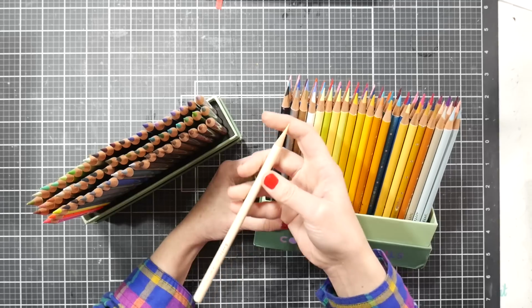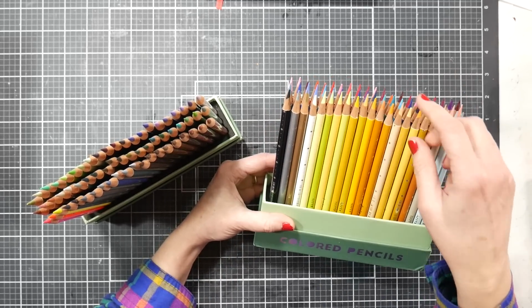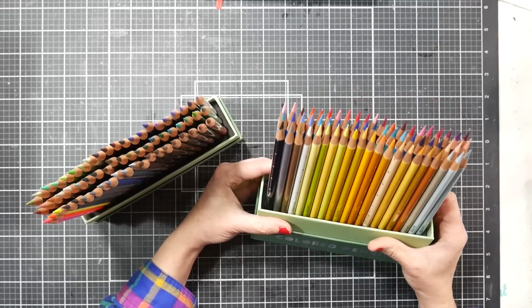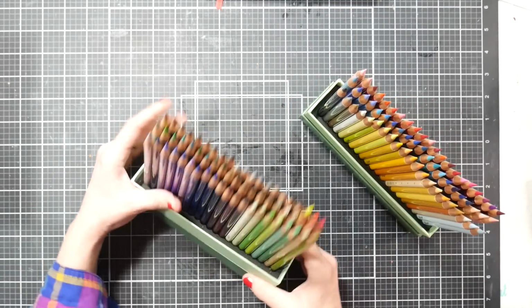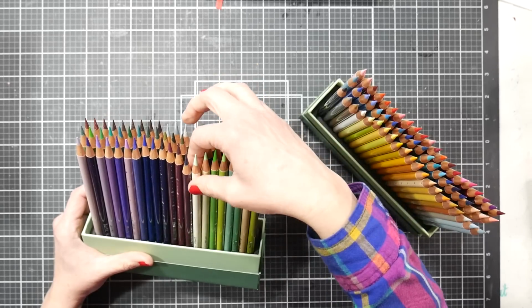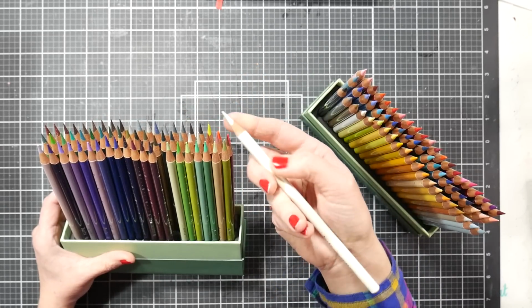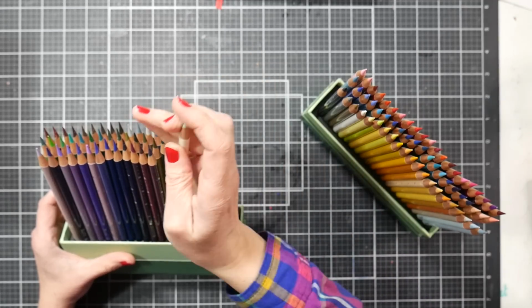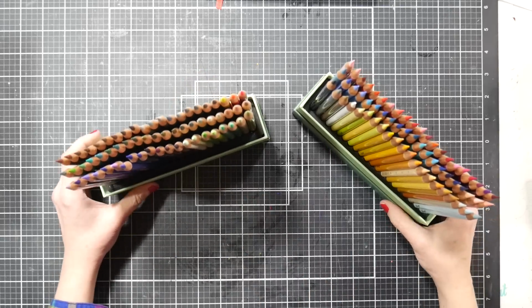This kind of like off-white beigey color. That one was a bit off. And there was like one that looked like it was cream, but then the tip of the lead itself looked kind of greenish. I'm seeing if I can find that one. Oh, maybe this one right here. The tip looks white. The barrel looks kind of like white or beige, and the tip looks like a minty green. But other than that, I thought they were pretty good as far as barrel colors,